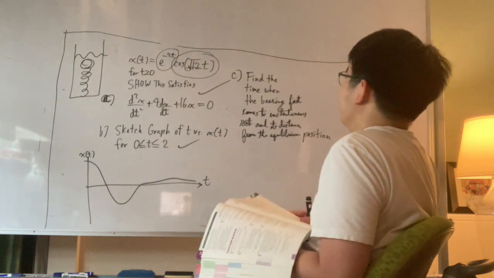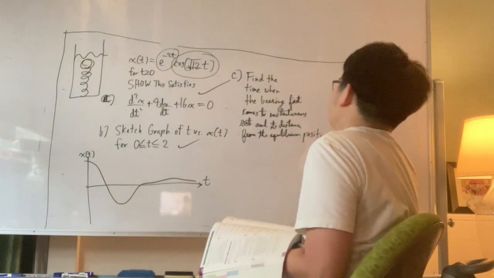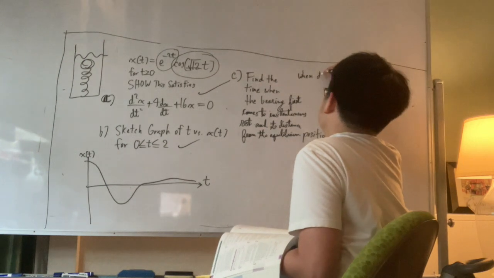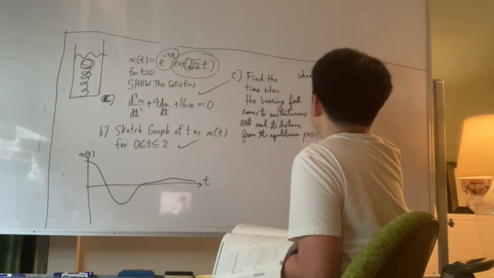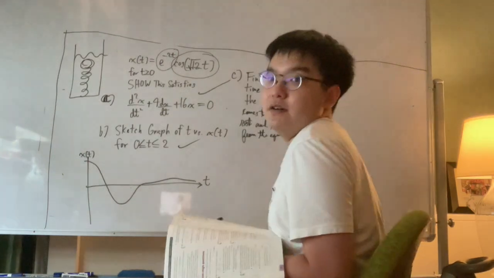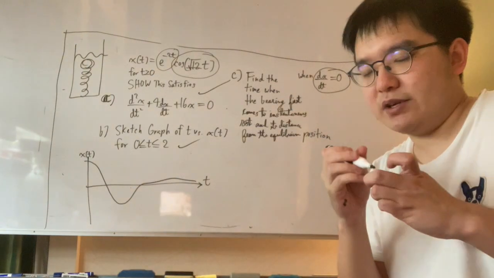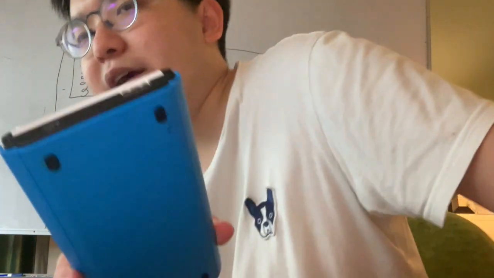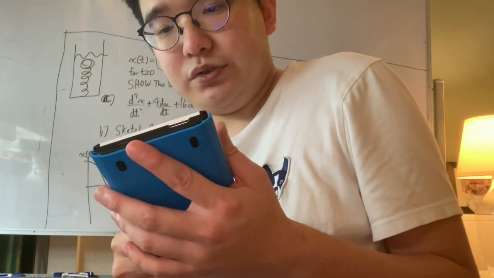Okay, so then this part. This basically happens when the velocity is 0, when you have a turning point. So when dx/dt equals 0. In this case, not just because we're in AI, we don't want to bother saying this stuff analytically. Who cares about analytical solutions? Let's just do numbers. Go to your